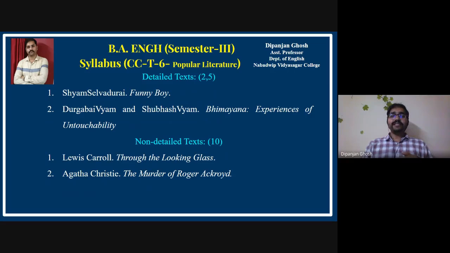The second text is a graphic novel. Okay, you know what is a graphic novel? Just like a comic book. Okay, because there are some graphical designs there. It is not comics, but this is a graphic novel. And you can find how Durgabai Vyam and Subhash Vyam are describing the experiences of untouchability in the work Bhimayana. It's a very good text and very significant and relevant in the present scenario, where you can find that